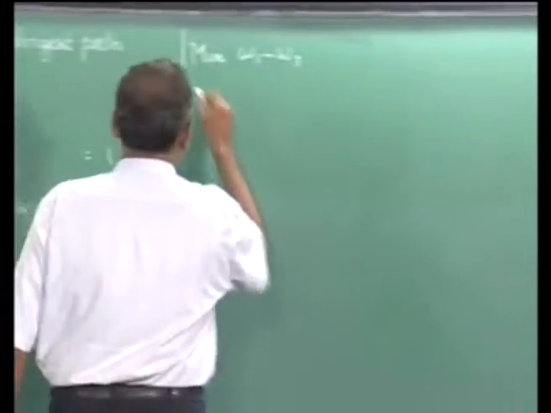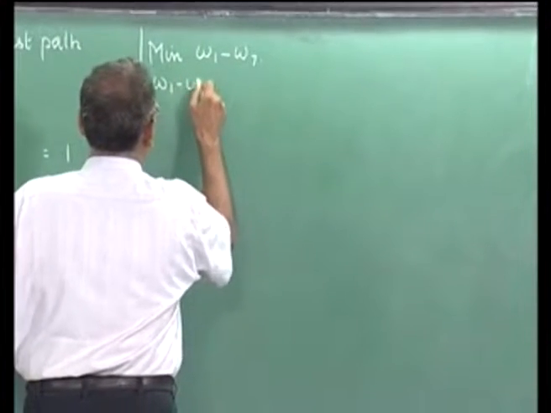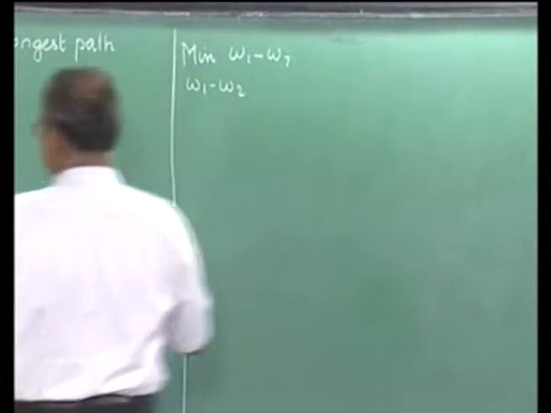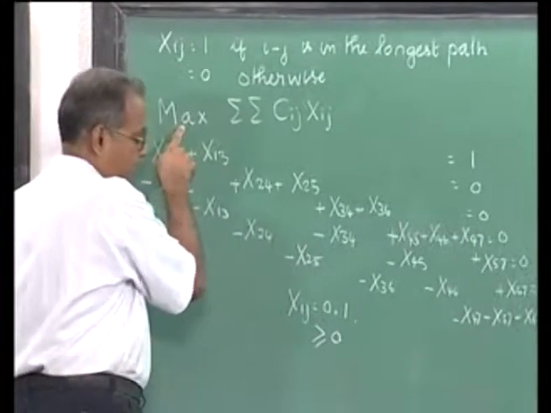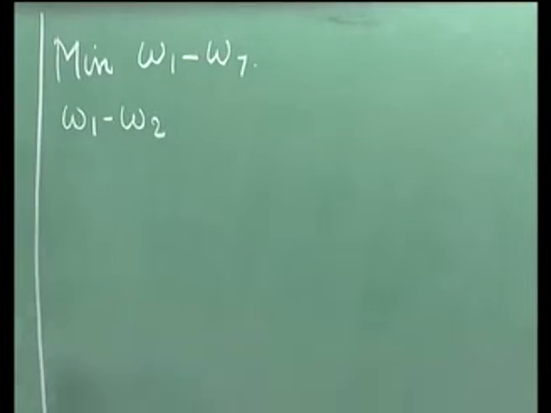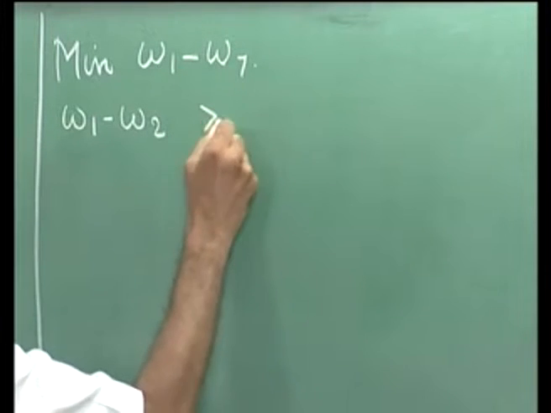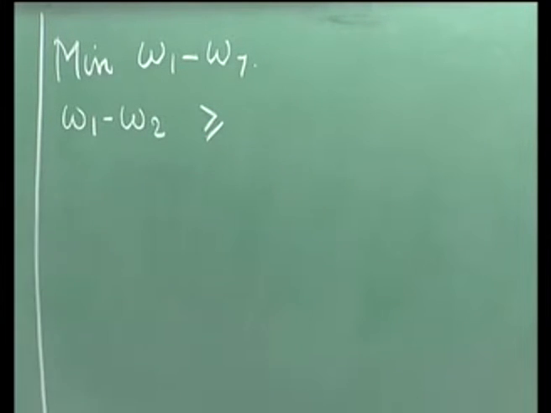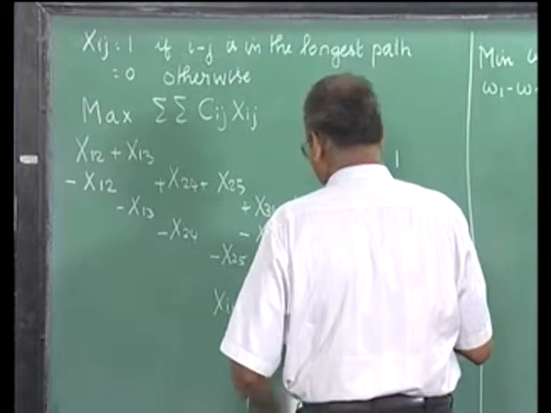So, subject to W1 minus W2, it is a maximization problem with all greater than or equal to constraint. So, you will get a minimization problem with all greater than or equal to variable. So, W1 minus W2